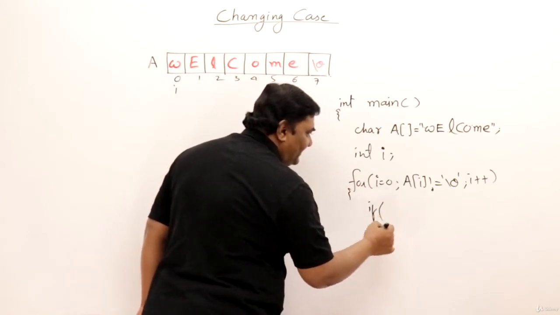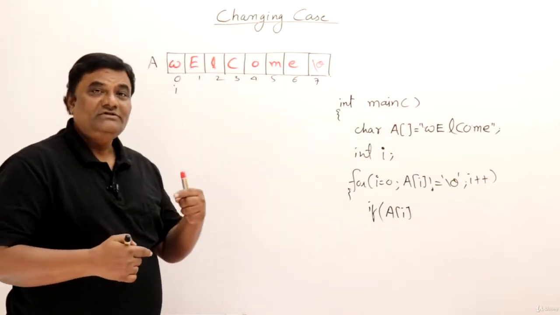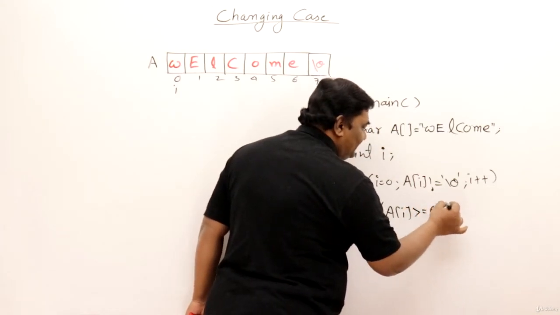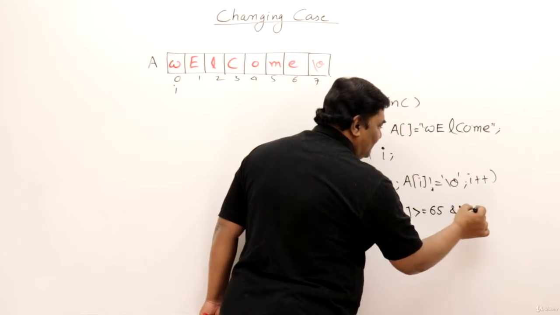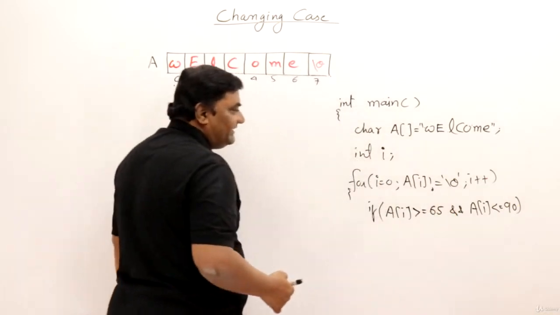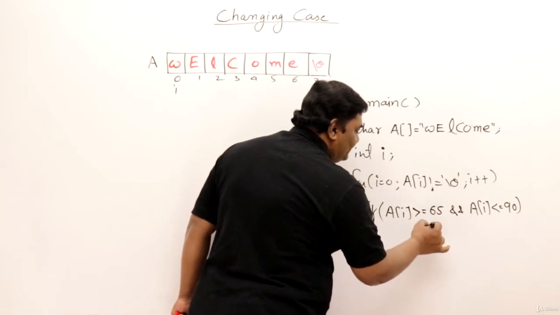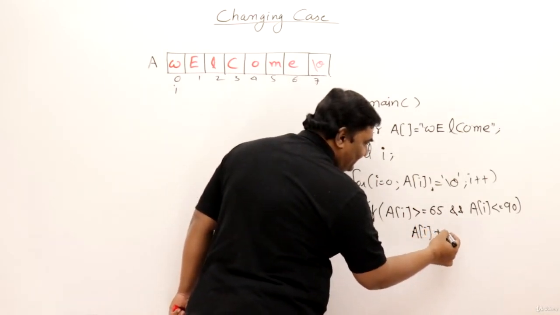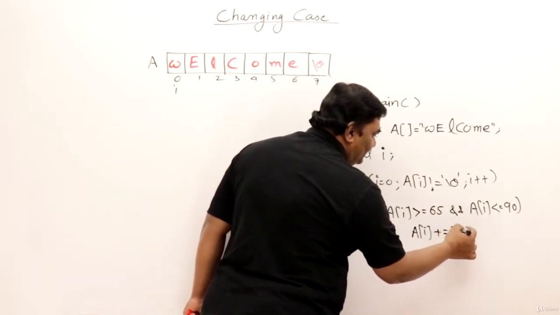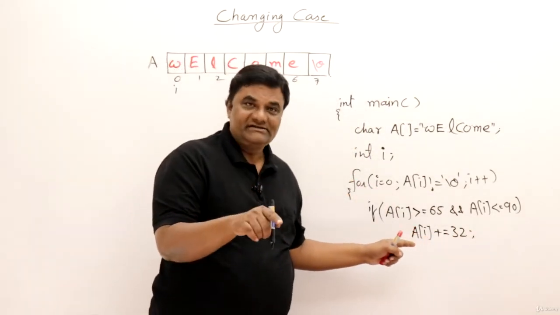I can write a condition here: when it is uppercase, from 65 to 90, if A of I is greater than or equal to 65, and A of I is less than or equal to 90. So this means it is uppercase. So change it to lowercase. By adding 32, I can change it to lowercase. For addition, I can use this symbol also, the assignment addition operator, and I will add 32. If it is not uppercase, else